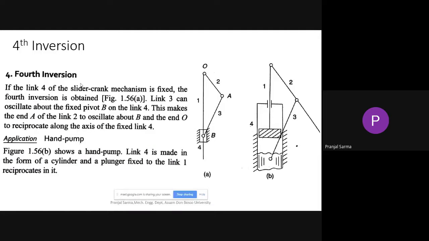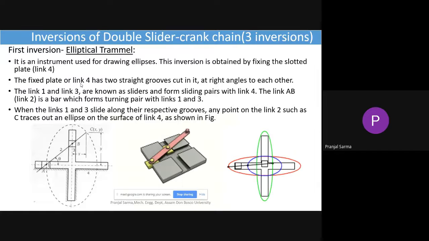Next, the fourth inversion is basically in the hand pump, where we see the application. Today we are going to the inversions of the double slider crank chain. Here we have three important inversions of this double slider crank chain. The first inversion that we see, the basic example, is the elliptical trammel. If you look at this particular figure,